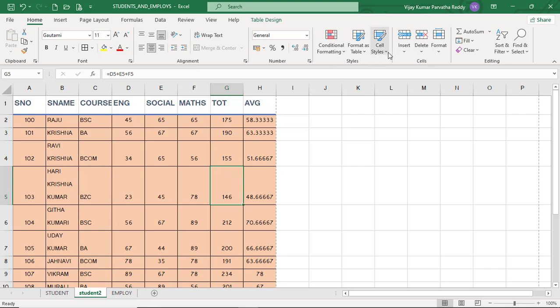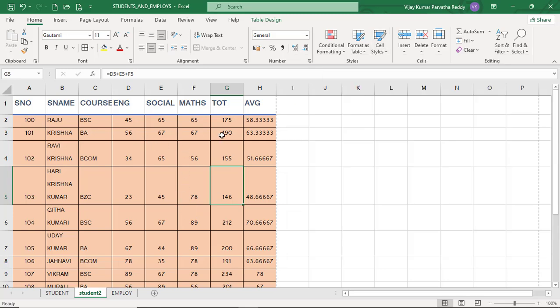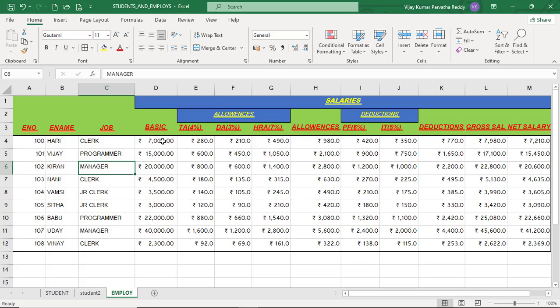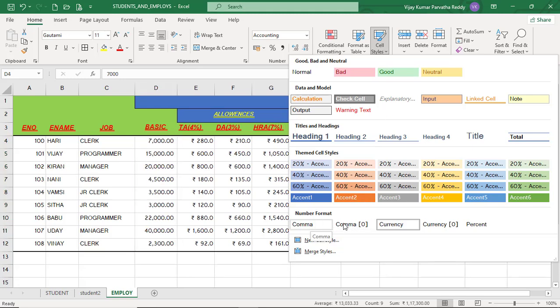And we have some other styles like number format. Already you know, with the number format you can format. For example, I am selecting this employees data. Here we can apply those number styles, comma style or currency style. We already applied these